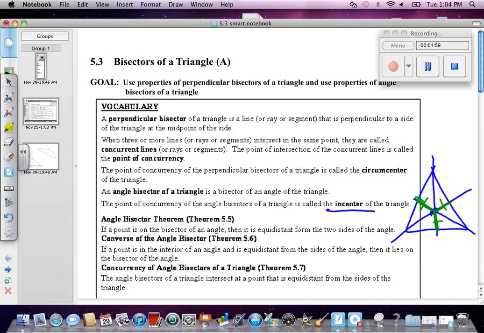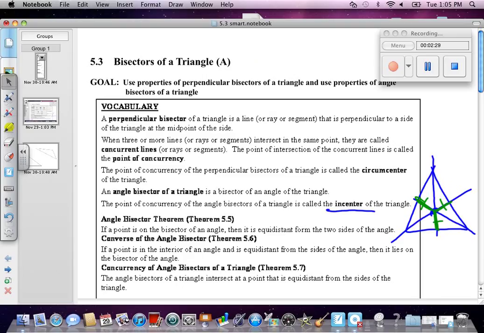Does anybody remember the perpendicular bisectors' point of concurrency was the same distance from all the what? Anybody remember from yesterday? Not all the sides, but all the vertices. Okay. Concurrency of angle bisectors: the angle bisectors of a triangle intersect at a point that is equidistant from the sides. Okay, so now we're going to look at